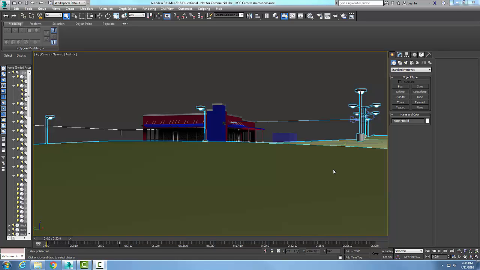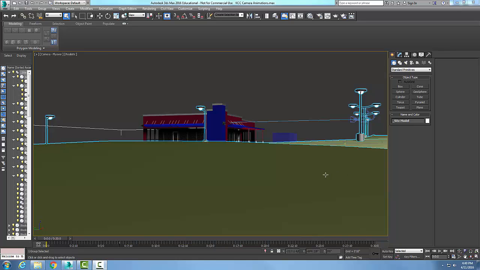Previewing an animation. With an animation of a large number of objects and lights and special effects, we have no idea how long it takes, and it may take longer to render the final animation. If we want to just check it out, we can preview it. Now the preview will be in low resolution and it will use diffuse color maps only, so it takes less